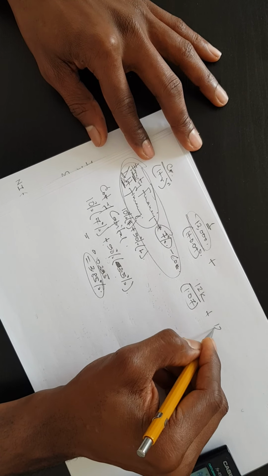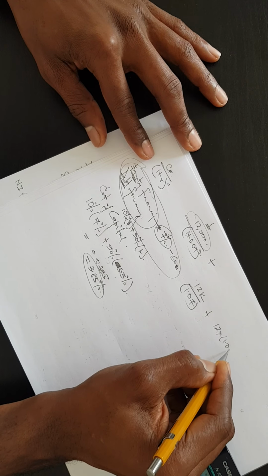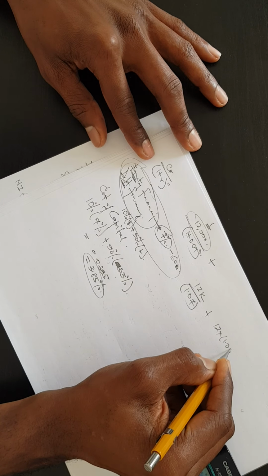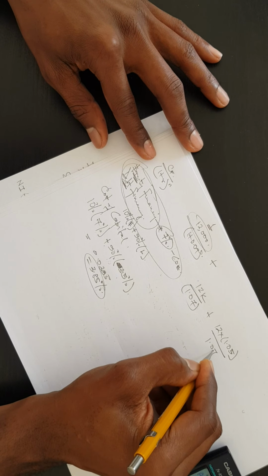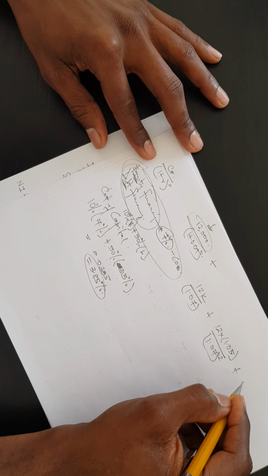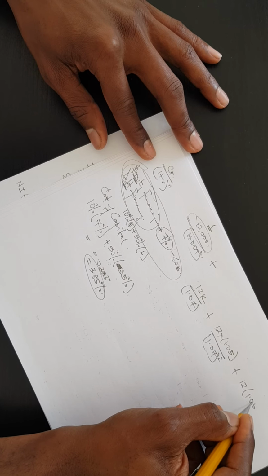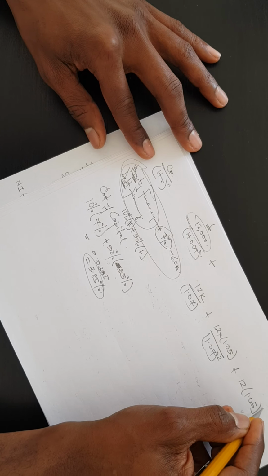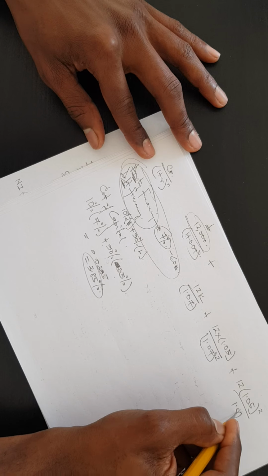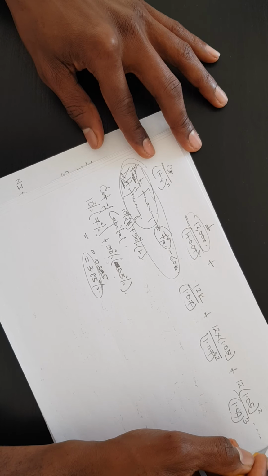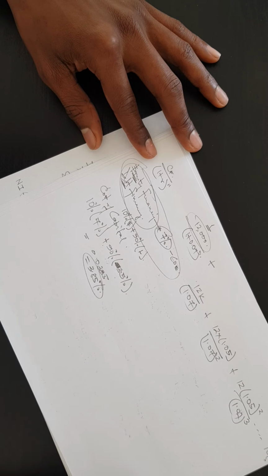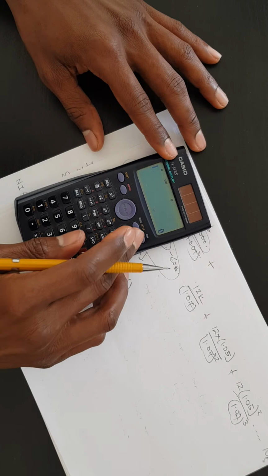Year number two, 12 times 1.05, divided by 1.07. Year number two. And you carry on until you get to the 10th year. What this simply means is that by the end of the first year,